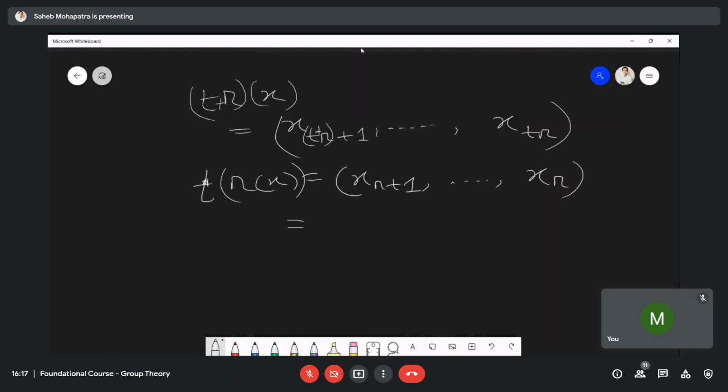Then as we operate T and R of X, clearly you can see this will move T times. This is T plus R. And this will be R plus 1 plus T. And this will be X R plus T. And this shows there is indeed an action because we can write R of T of X, and identity maps X to X. Okay, so after we have got an action,